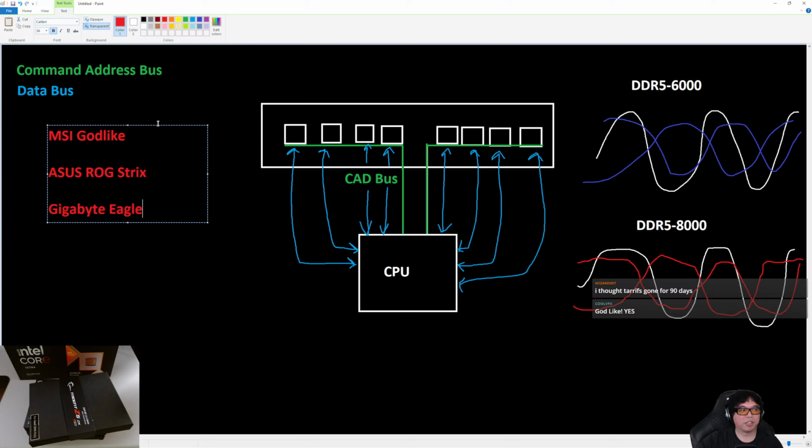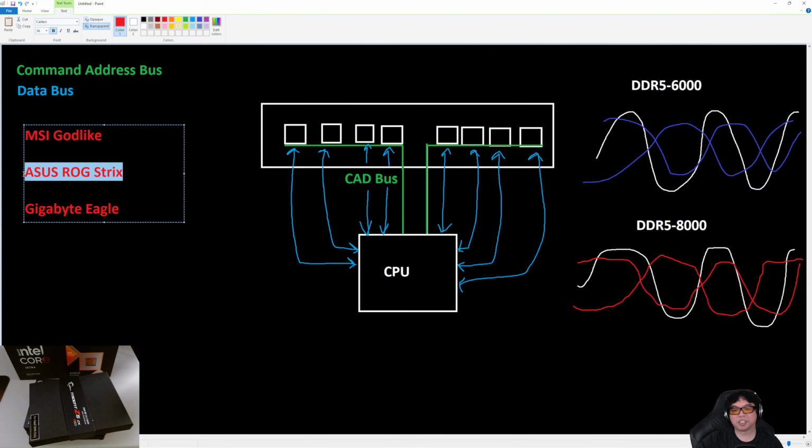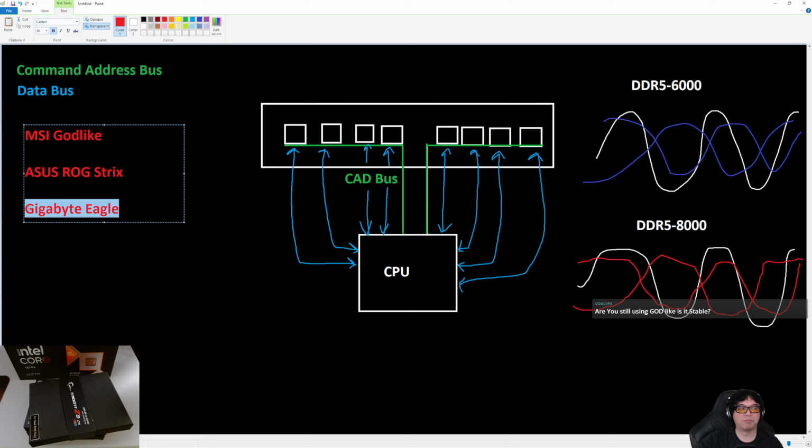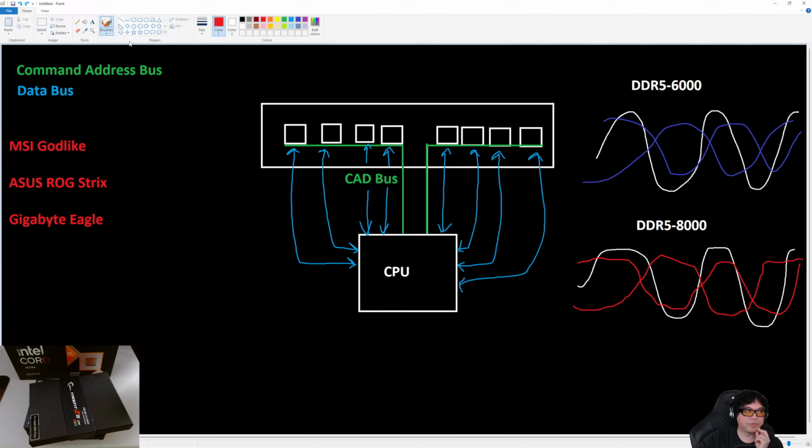Okay? We're going to do super high-end, stupidly expensive, kind of like the upper echelon of what most people would even dare to spend on a motherboard. Then you have your budget-friendly Gigabyte Eagle. So let's draw cross sections of these to showcase how these motherboards make a difference in allowing something like DDR5-8000 to work. So in the case of the Gigabyte Eagle